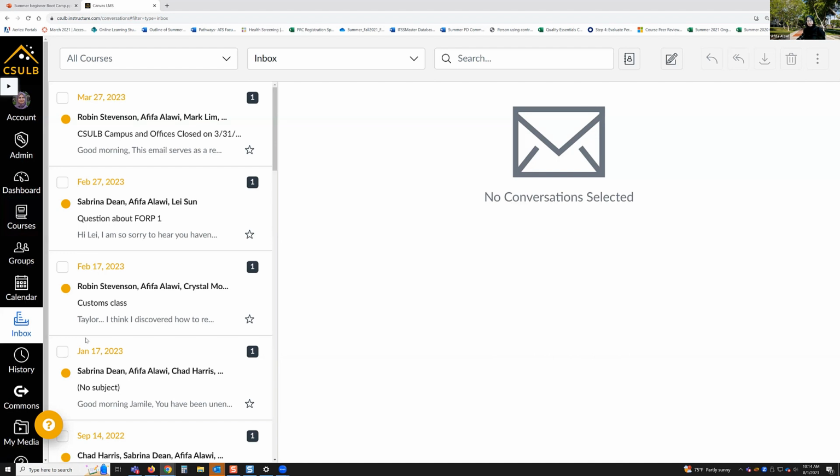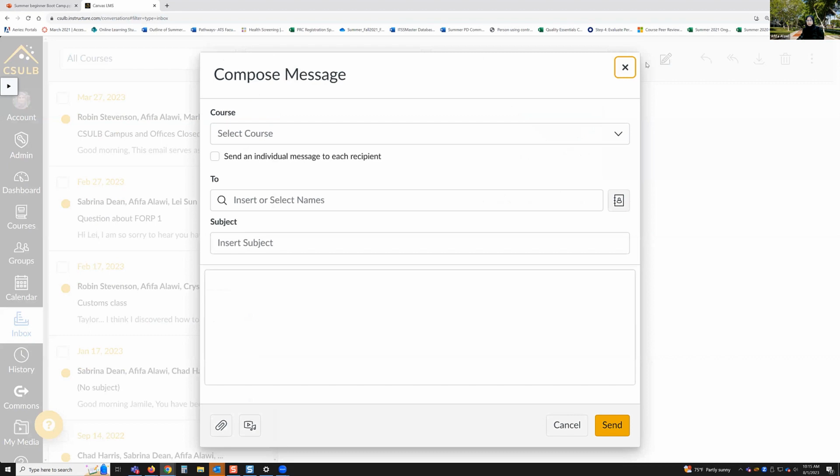As I mentioned earlier, through the inbox, you can send emails to your students, and you can do that using the compose a new message icon, which is located almost in the middle of your inbox screen on the upper middle. Through this icon, you can compose and send emails to your students. Once I click on the compose a message icon,